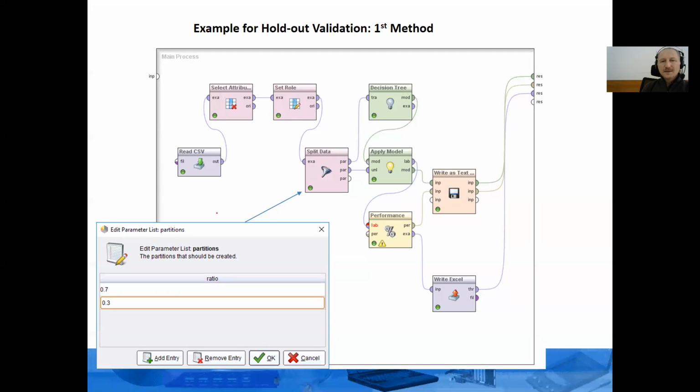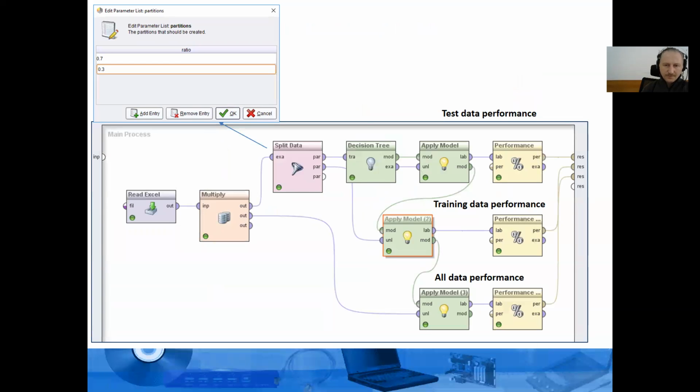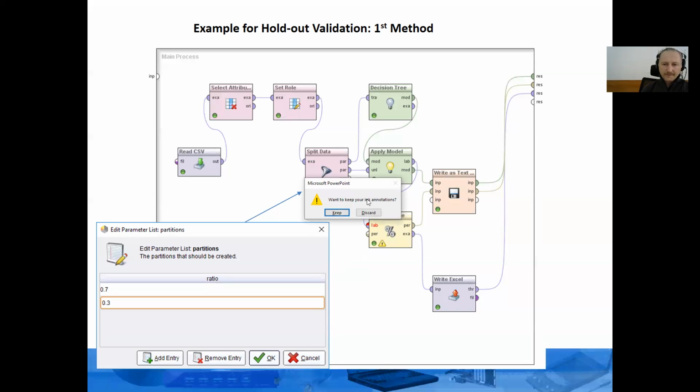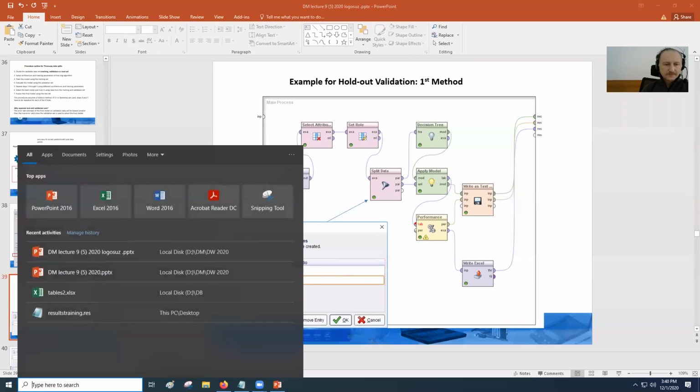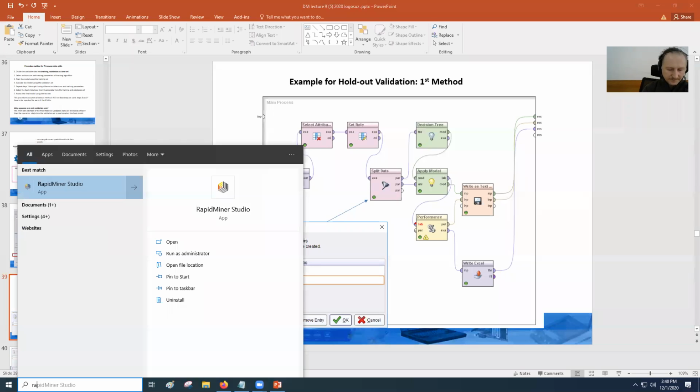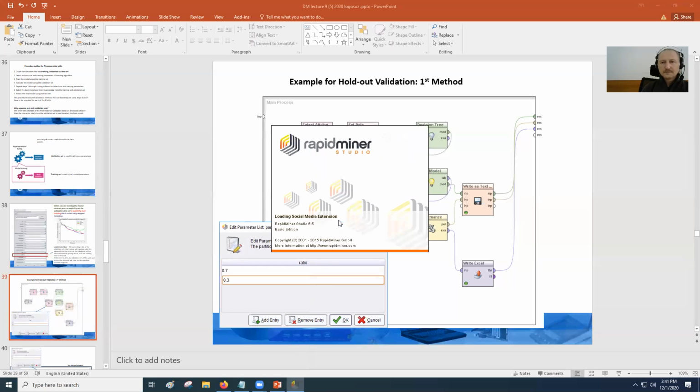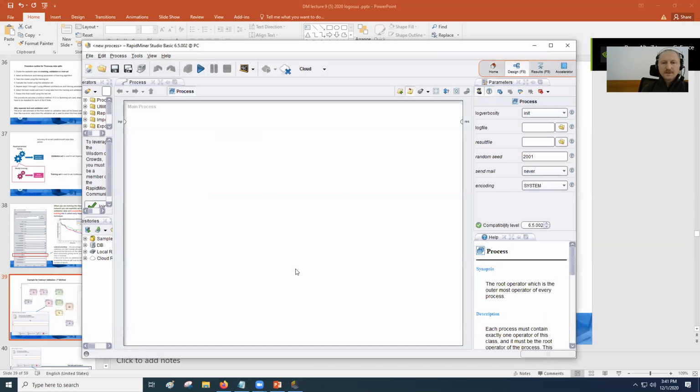Now, how can you apply these models when you are developing your models? Let's start from RapidMiner. New process. And then,